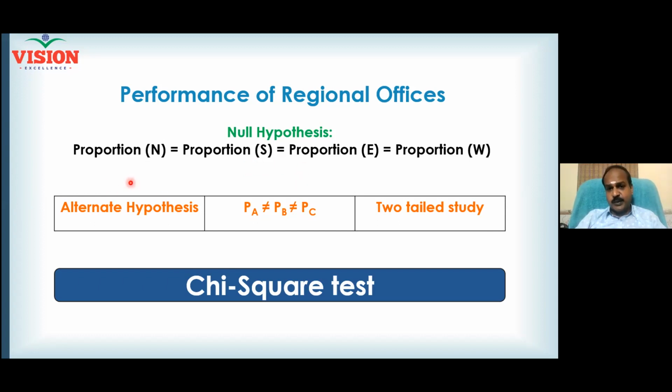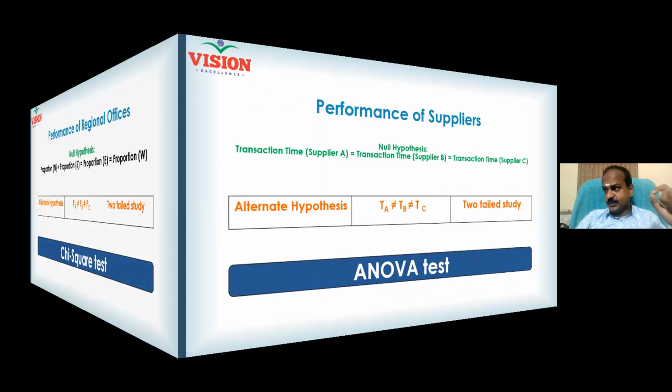And when you use proportions to compare more than 2 groups, the study is called what? What is written here? Chi-square. Yes. Chi-square test. I hope you have studied all these things. If you are a graduate, if you are an engineer, if you are an MBA, obviously in mathematics, somewhere these kinds of statistical modules will be there, and you must use them.